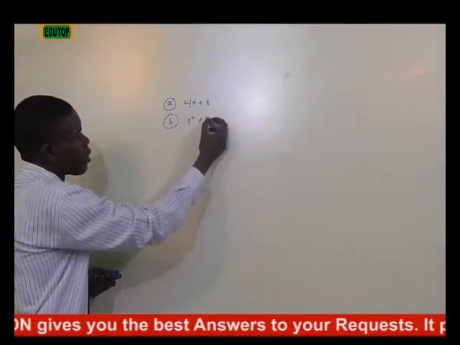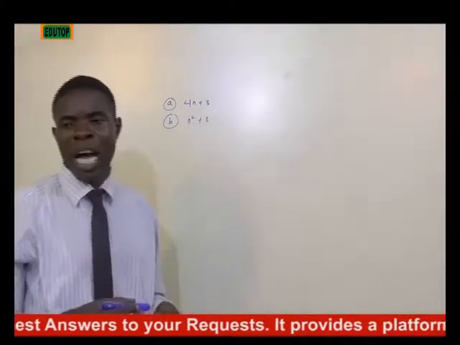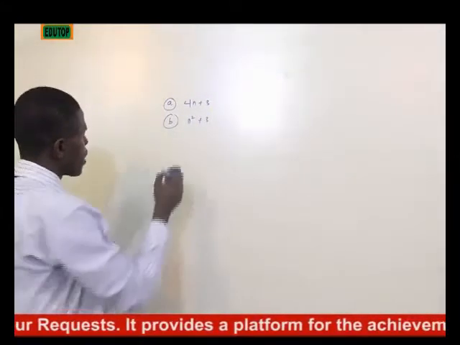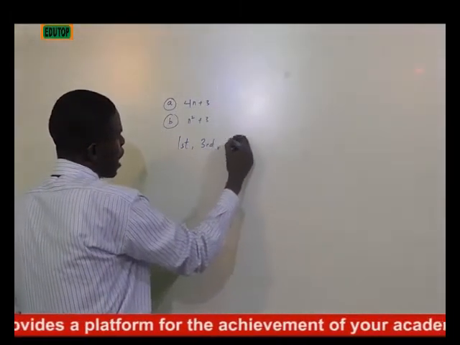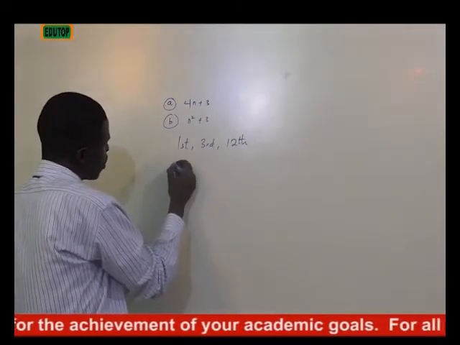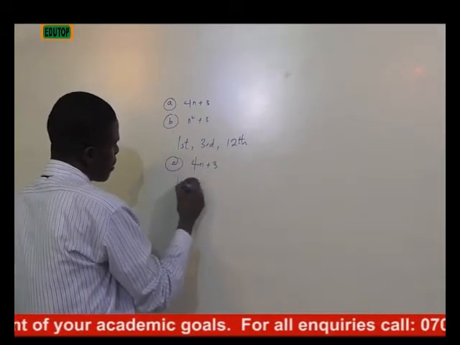squared plus 3. If you look at this question very well, the question asks us to look for the first term, the third term, and the 12th term. The question asks us to look for the first term, the third term, and the 12th term. In the first term, with respect to the A, which is 4n plus 3,